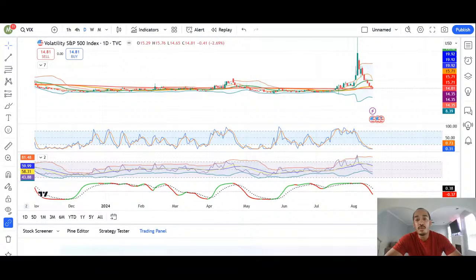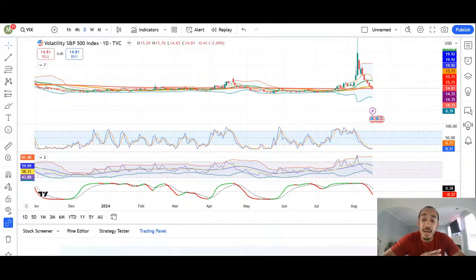All right, so now let's look at the VIX. The VIX is the volatility index, right? When the volatility index is up, the stock market is going down. When it is down, the stock market is going up. One key note to point out with this VIX index: this big spike right here, this big green candle, doesn't happen often. We had a rare opportunity in the market.